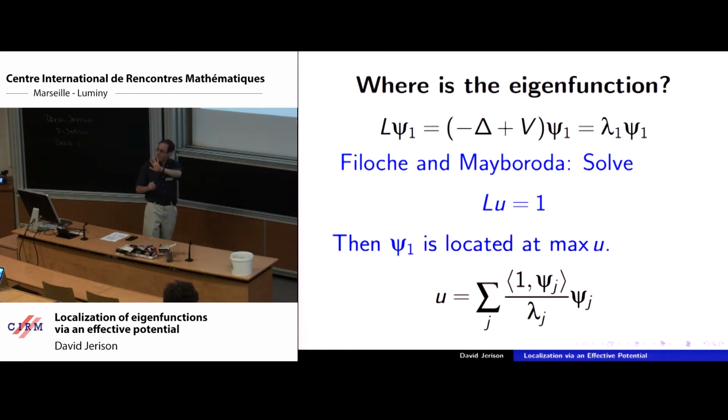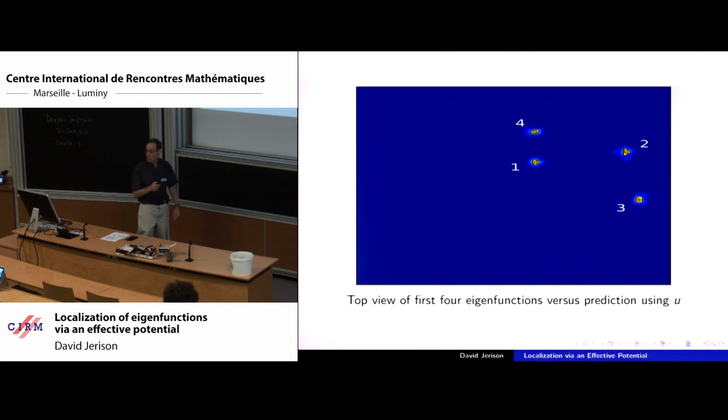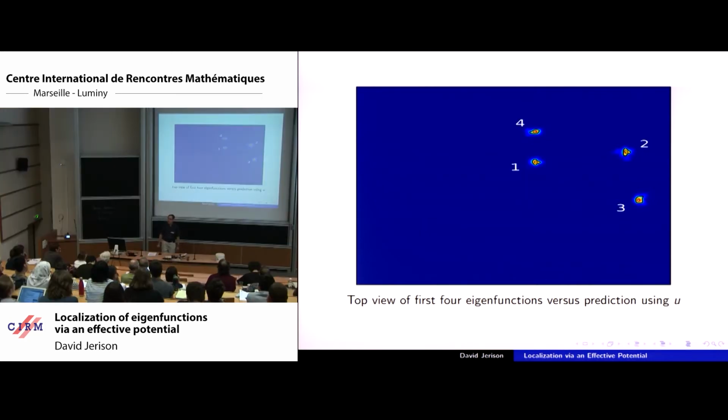So, here's another picture. I hope you can see it. I did a side view before; this is the top view, color-coded by the intensity, how high the eigenfunction is. And here's the one that you saw before, now viewed from the top, the first eigenfunction. The next maximum is over here, the next one is there, the next one is there.